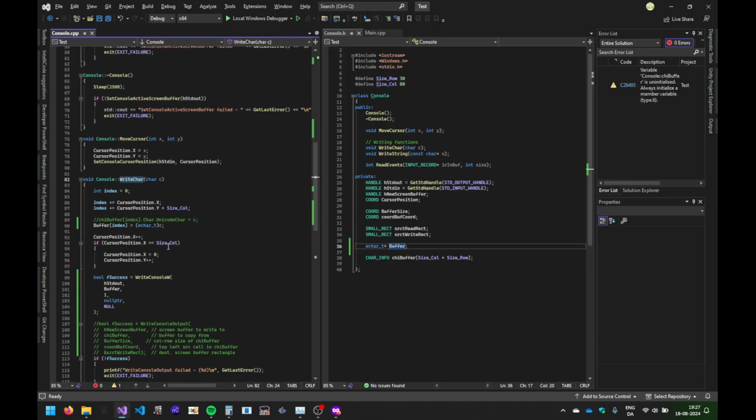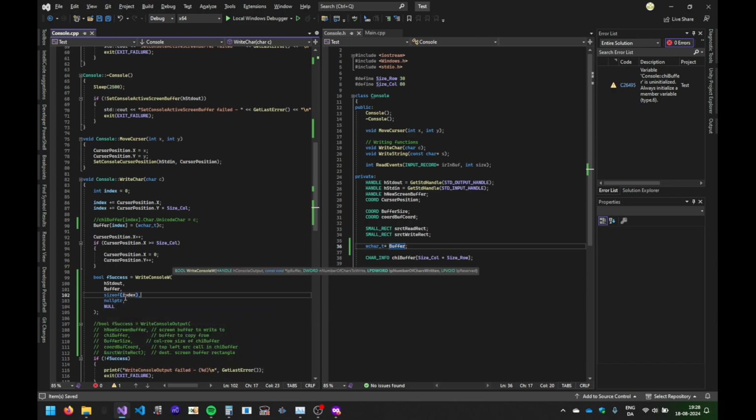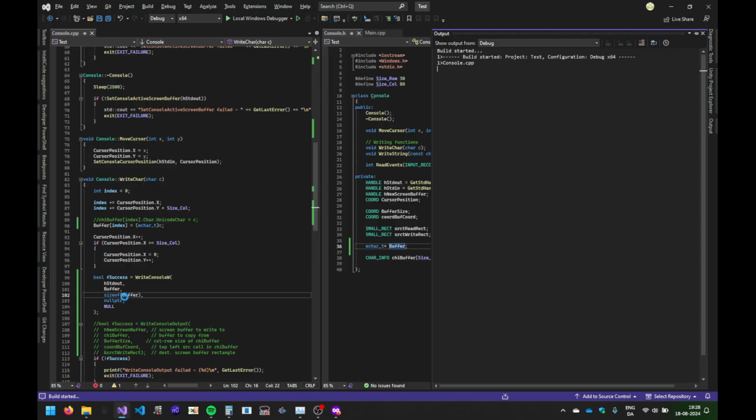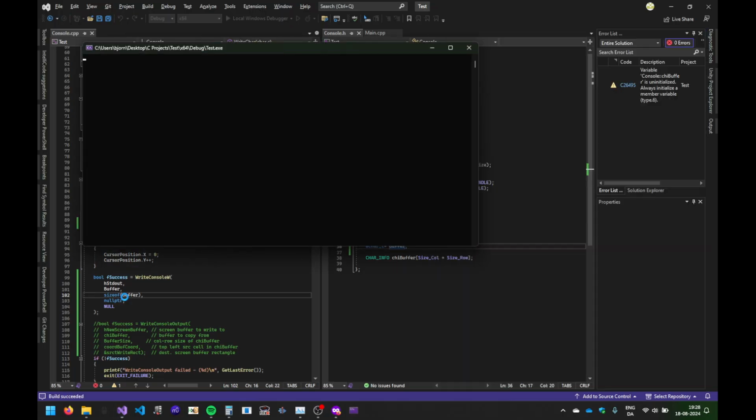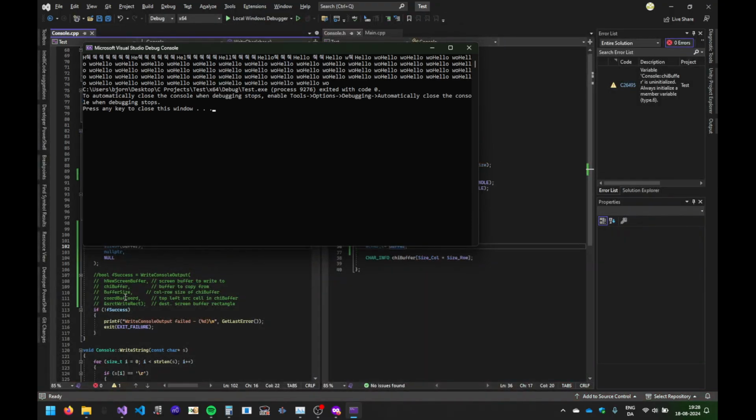Okay, so a lot of characters. What if we say size of buffer, size of buffer? That should give us the total amount of